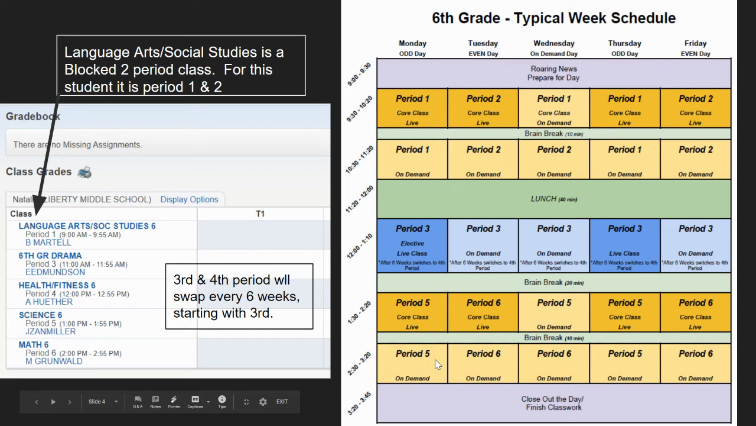So for this student, they have a language arts block first and second period. So they're going to start with period 1, and then you'll notice they have science 5th period. Then on Tuesday, they're going to have their second period class, which is still language arts social studies. So the language arts social studies is going to meet every day for this kid in the morning, and in the afternoon, it's going to rotate between their science on Monday and their math on Tuesday, and then